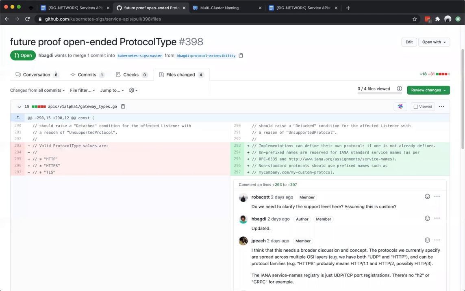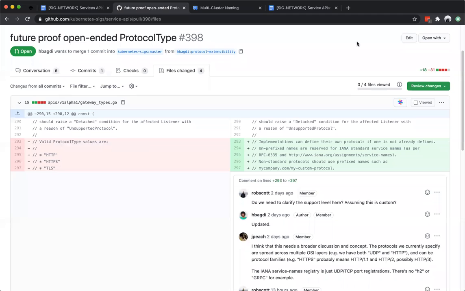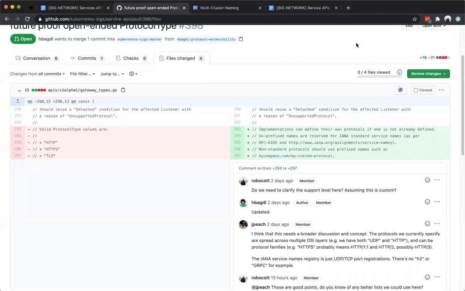And then we decide to introduce FTP. How will that operate, right? So I talked to Rob about it, and I've borrowed this exactly how it is defined inside the app protocol field in service, which was introduced in 1.16. So that's what we are here.